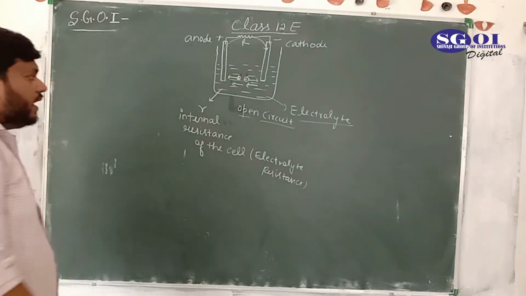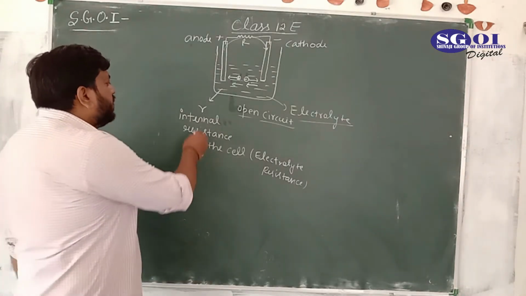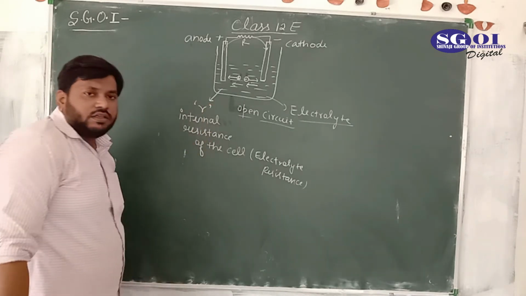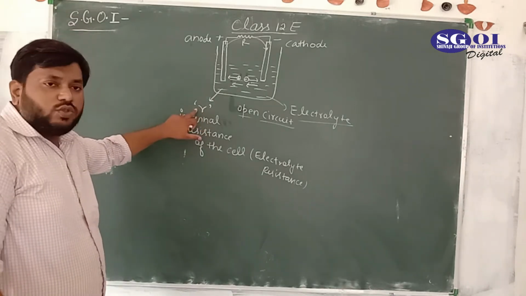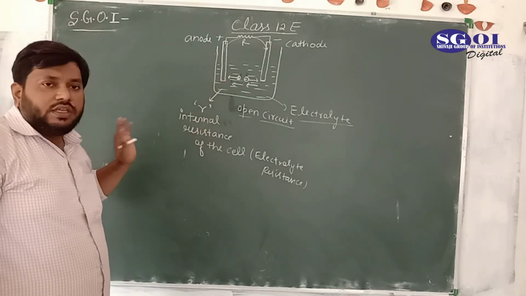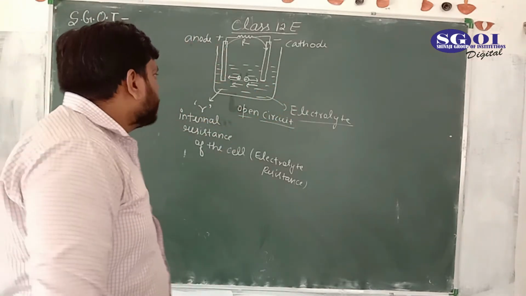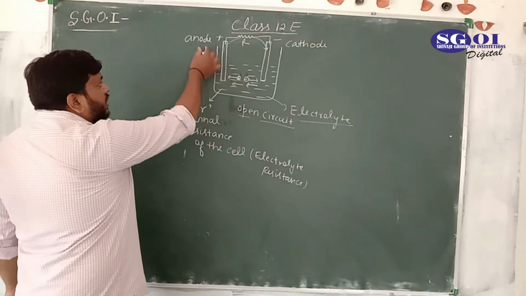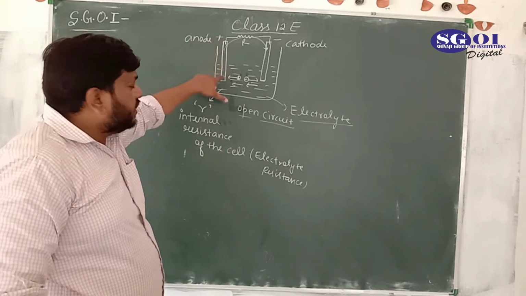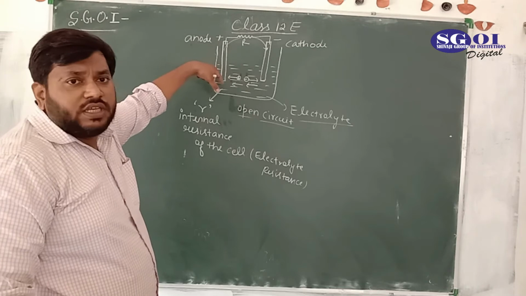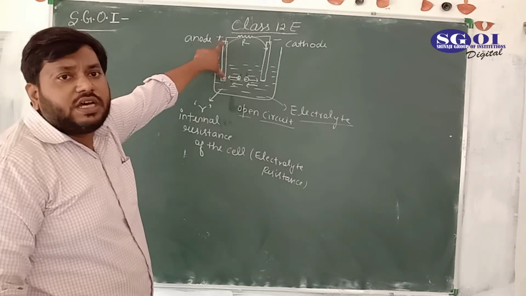So this is called electrolyte resistance, or the internal resistance of the cell, and I am representing it as small r. Okay. So you have cleared what the small r in the cell is and how the cell works. You have cleared that the positive ion moves towards the anode, and how does the anode get the positive charge? By transferring the electrons, because this is a metallic plate.